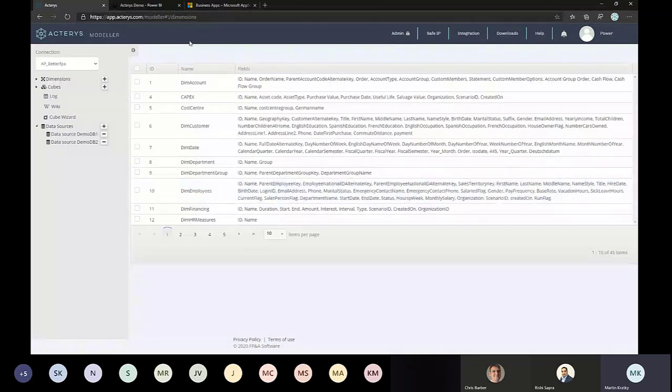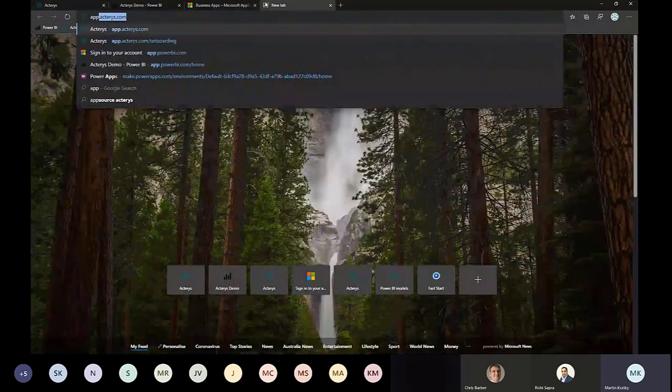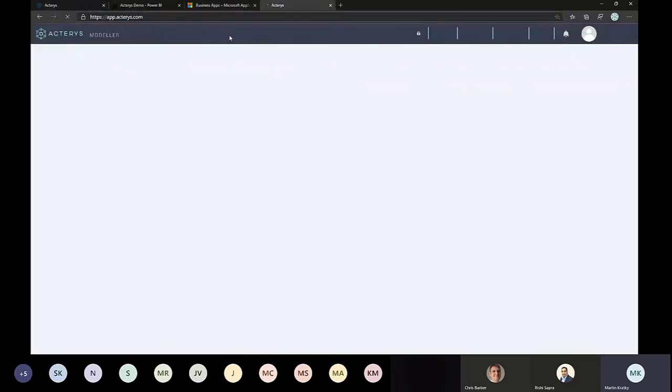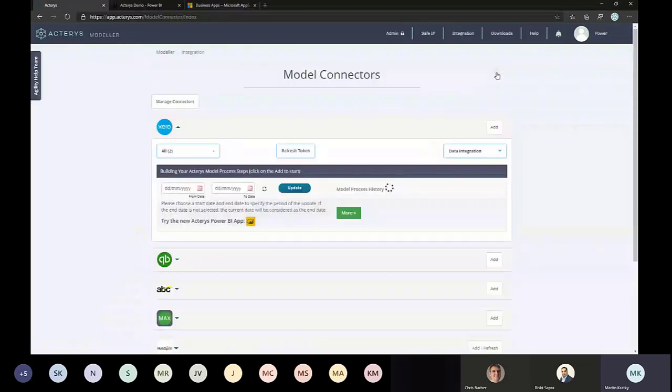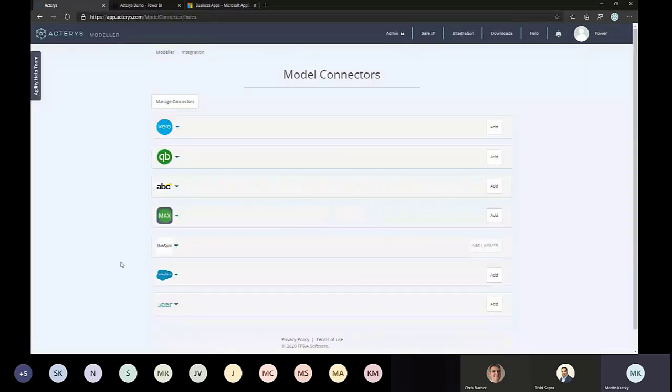So this is now the environment. Initially, when the user's on board, I'm already logged in, so you won't see the form. But normally you get a sign-up form, you put in your details, and then this will automatically generate an empty tenant where you can then manage all your data models. The typical starting point is the addition of your accounting or SSAS systems. So we have here now a variety of connectors to different accounting and SSAS systems. This will be extended very soon by